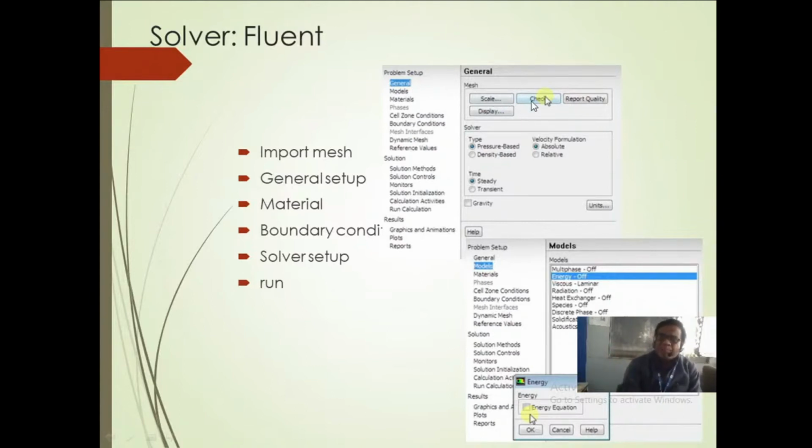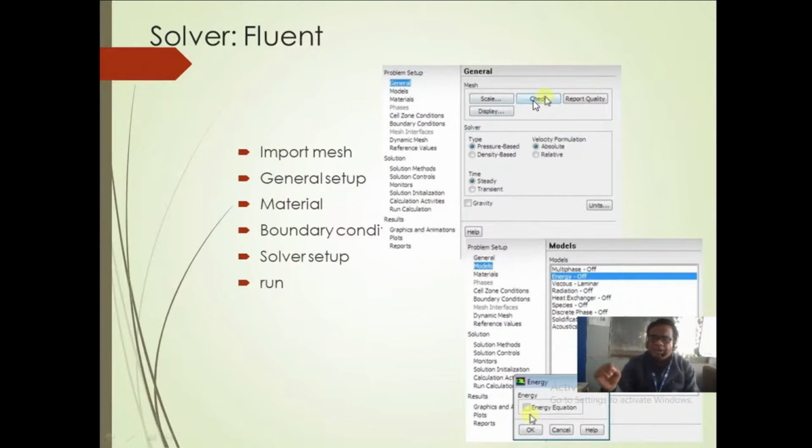Next, let us check the mesh. When you have written your mesh file and imported it, this is one button where it checks whether that mesh is proper or not. If there is some error, it can show the error.